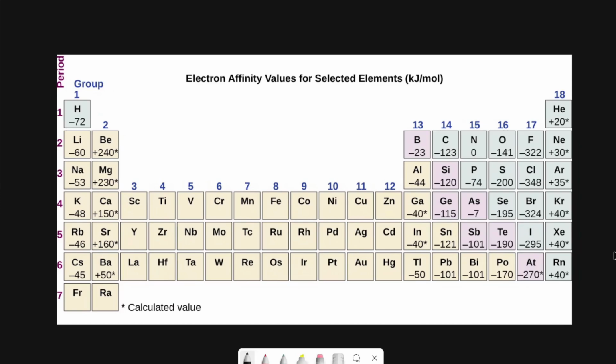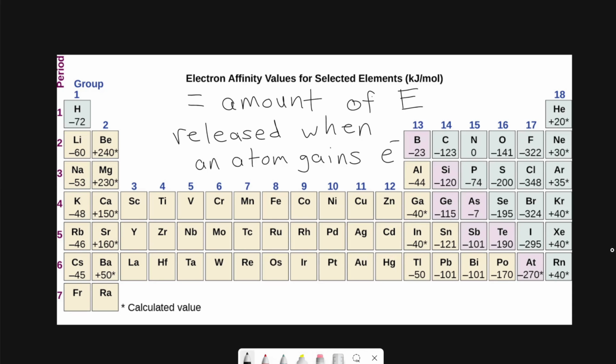Although they are very similar things, the definition of electron affinity is the amount of energy released when an atom gains an electron. So this follows a very similar trend to electronegativity. But remember that electronegativity is not measured in actual SI units or energy values. So electron affinity is measured in kilojoules per mole and tells us how much energy is released when an atom